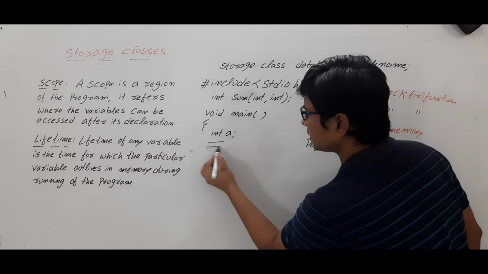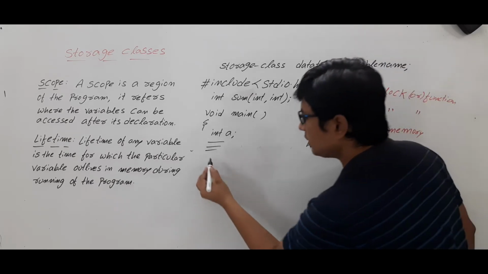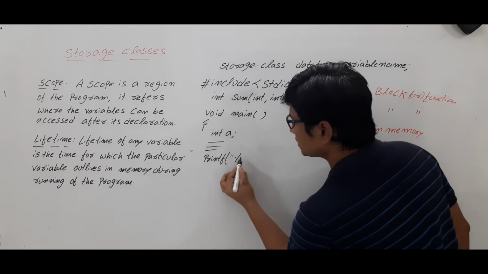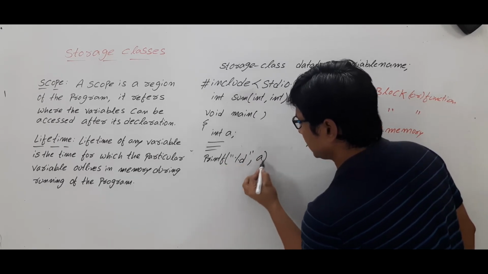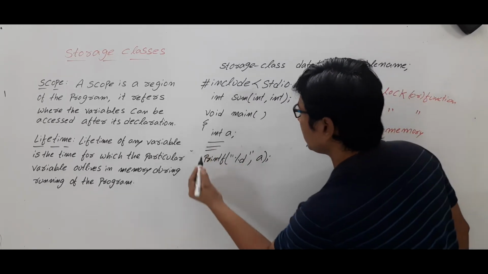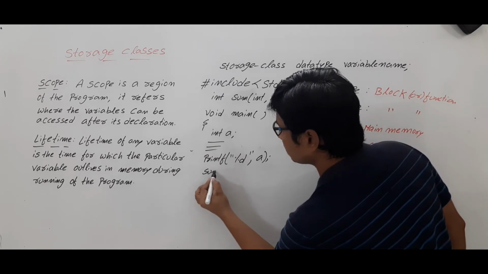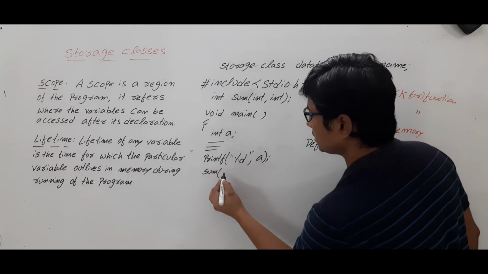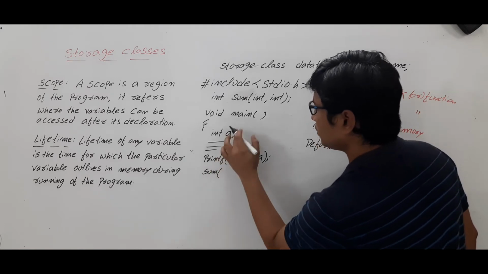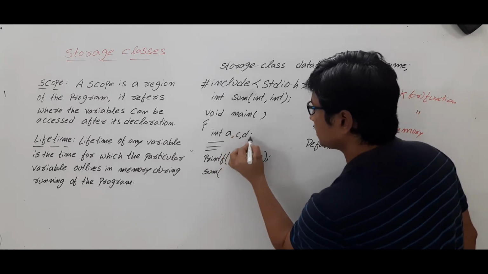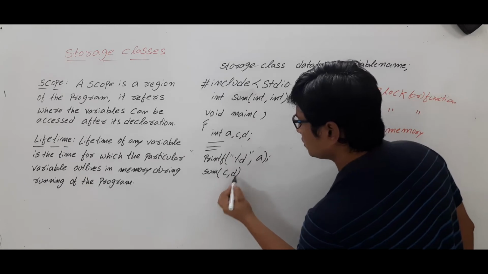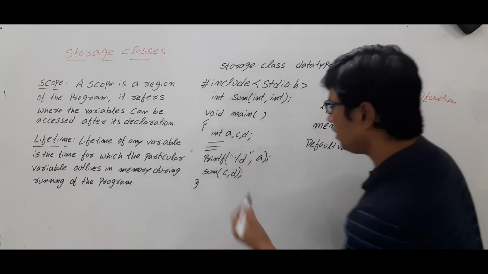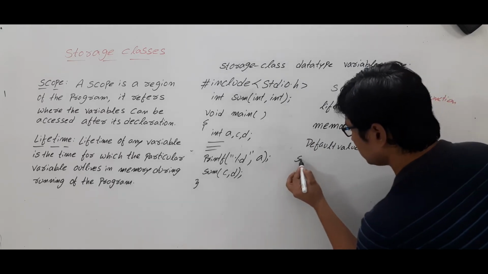And I am writing something here, printf percentage d a value. Then I have called the function sum with some values. Let's take that here you have declared c comma d, and you are passing the values c and d, some values the user is passing. Okay. Now inside the sum function,